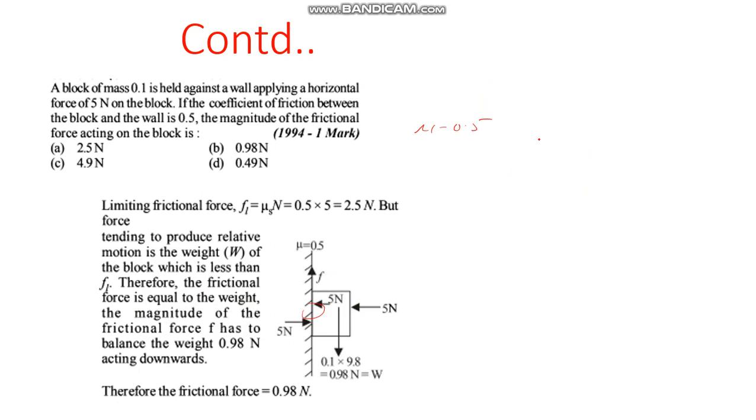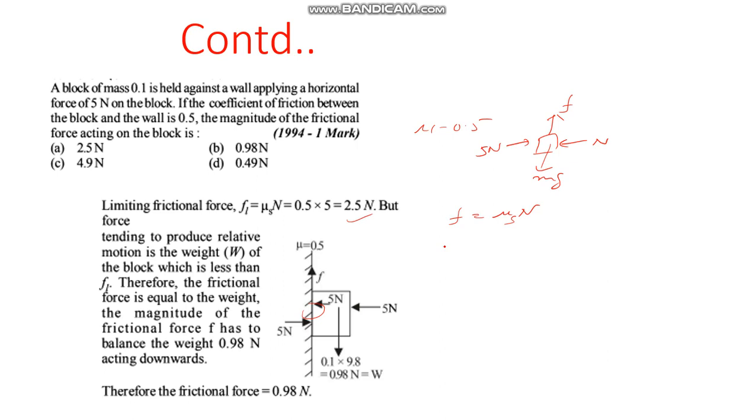See, if you draw the free body diagram here, the weight is acting downward and the friction force will be acting upward. Why is it acting upward? Because the block is trying to move down, so the friction force will be acting upward. You have applied a force like this, let us say 5 Newton. So the normal reaction will be perpendicular to the contact surface. So from here you can get the friction force as mu times N. If you calculate that, you have to put the static friction value here. You're getting 2.5 Newton.